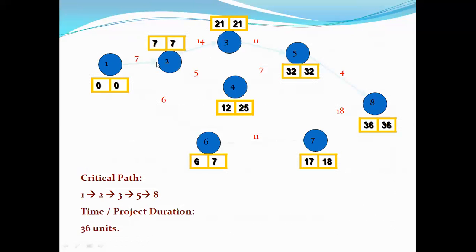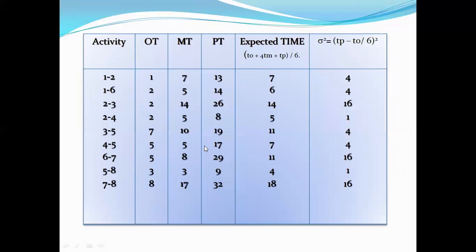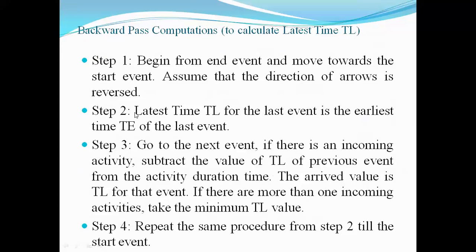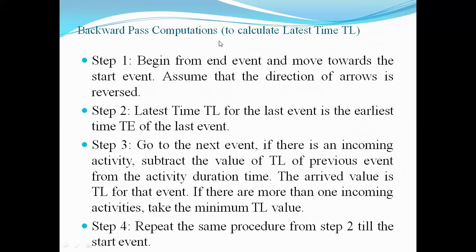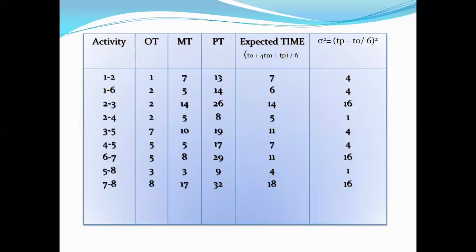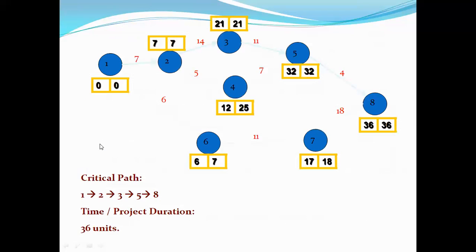Next is activity 2 to 3, so we draw the activity 2 to 3. What we get till now: 1 to 2, 1 to 6, 2 to 3. Next is 2 to 4. Similarly, we can draw each activity from the predecessor to get the successor,